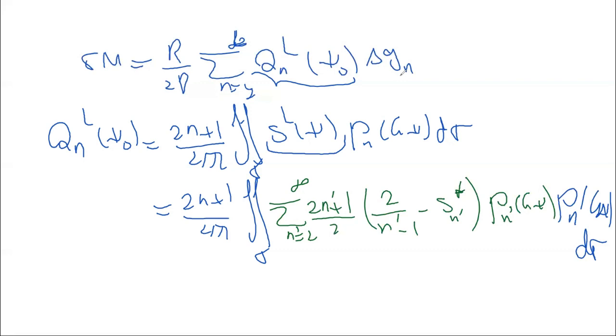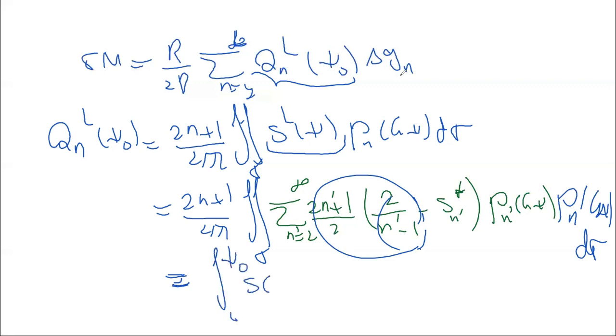So if I consider the first one, I just consider this term, this first spectrum. I will come to this formula. If I simplify it, I will come to the integral from 0 up to psi, sine psi d psi, minus